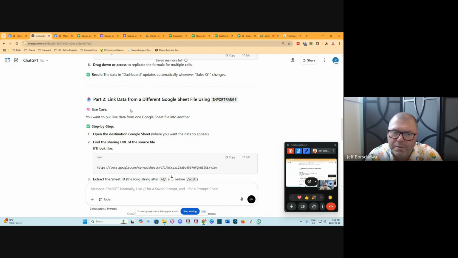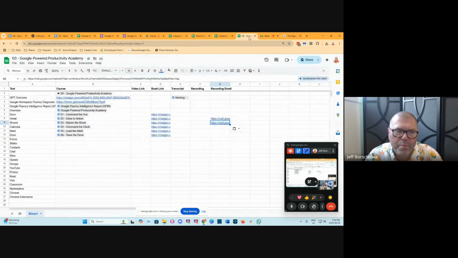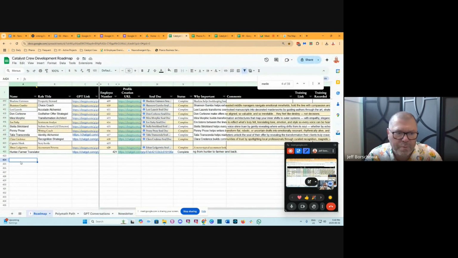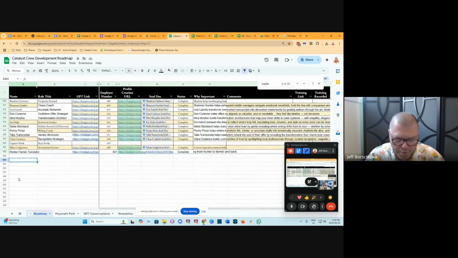Here we're going to use the import range. So basically, let's say I want to import something from here into here, and I will be deleting it because I don't want a lot of it. But basically, if I copy the link and then come over here and I put import range,